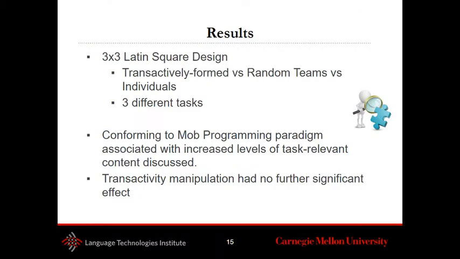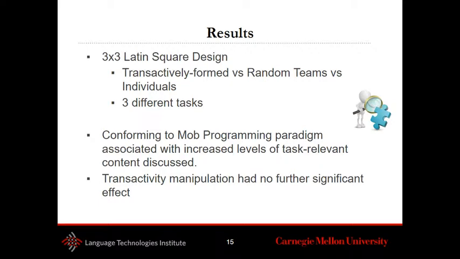So this was validated in a 3x3 Latin square design that was 3 different tasks, and then the conditions were transactivity form teams, random form teams, and individuals. And here what we see is that the scaffold of the mob programming was associated with task-relevant content discussed. So the extent to which students conform to the roles as they were assigned, rather than just ignoring those and going off and doing their own thing, predicted the level of task-relevant reflection that we saw in the discussions, and that was positive. However, what we didn't see was that the transactivity manipulation led to any other further positive effect